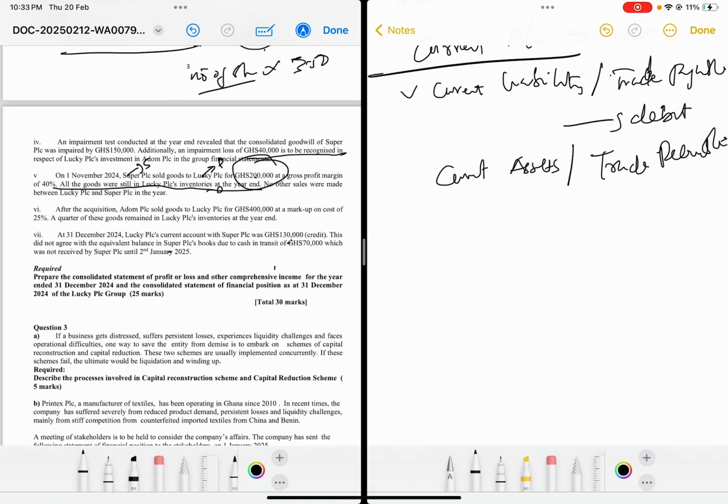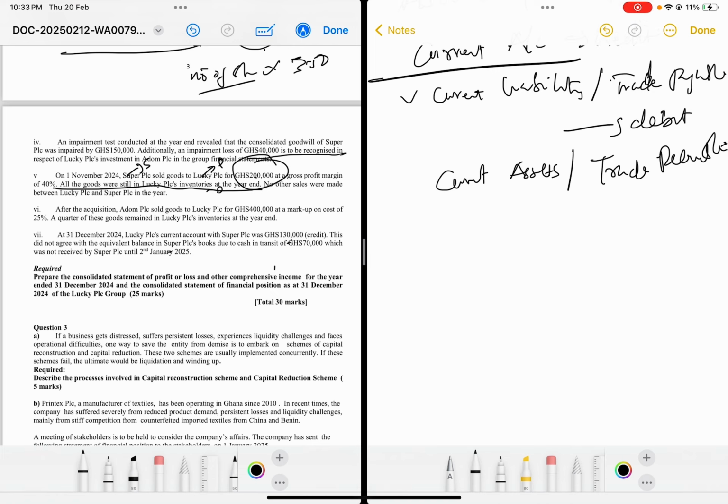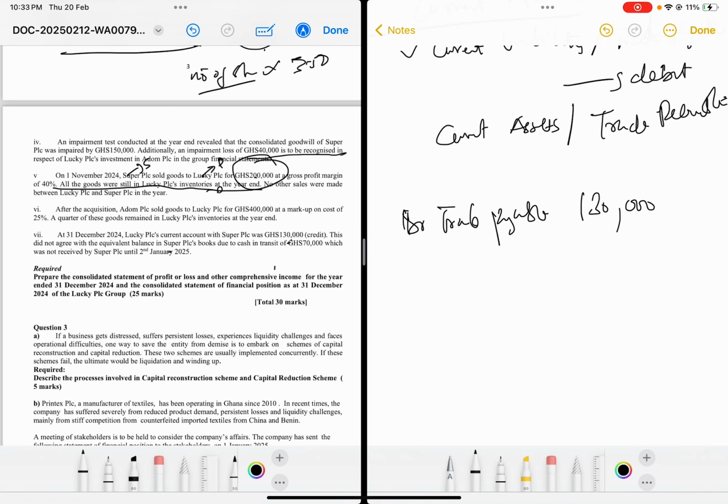Now this has a credit balance, which means it's a trade payable. If you want to cancel a trade payable out, you debit it. So you debit your trade payable with 130,000. Then they say it didn't agree because of cash in transit, so it means the cash was not received. So you have to record it as cash that we are going to receive. So we also debit cash of